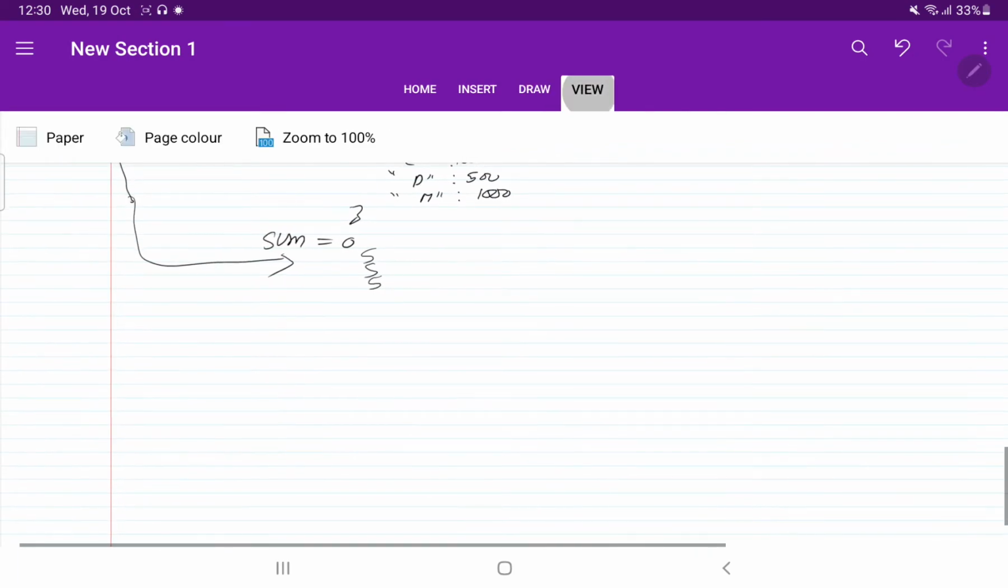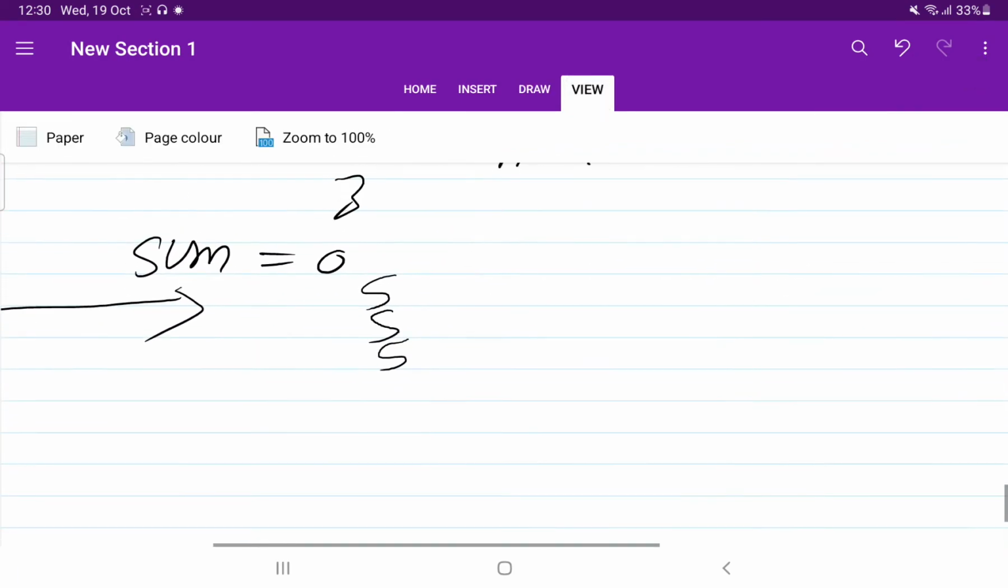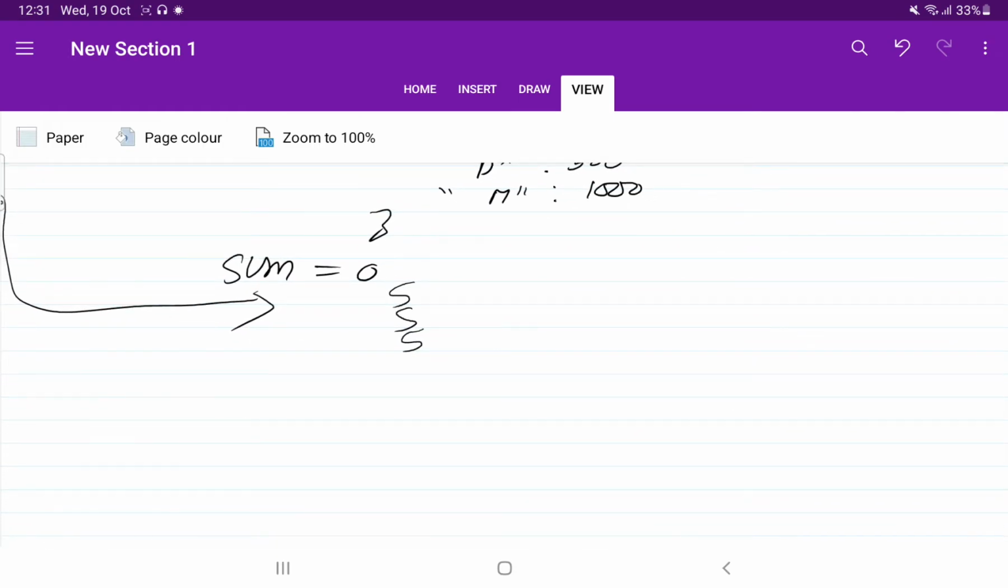Now we are going to use our basic approach. What was our basic approach? It was very simple: we were using a for loop. For character in string, sum is equal to sum plus the value from the dictionary.